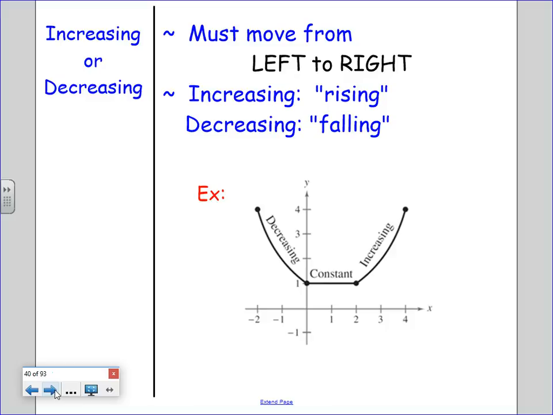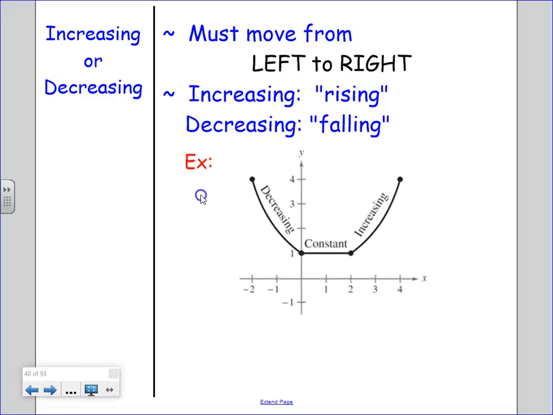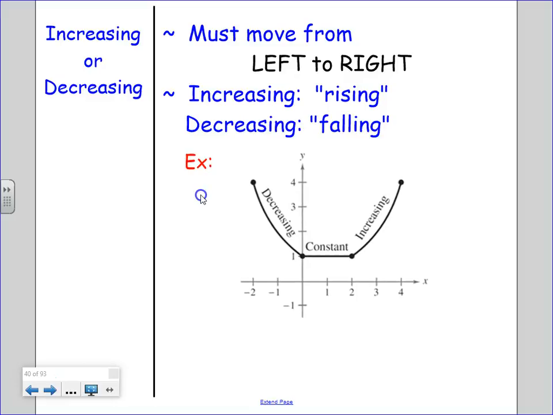However, this idea can get kind of confusing. You're like, how? Well, just wait, I'll show you. But first of all, before we even get to how it can be confusing to write the words on the branches, the different parts of the graph that have different behaviors, we need to be able to explain, like an answer form with intervals, exactly where or for what x values the graph is decreasing, constant, and increasing. Okay? So we're going to describe them with